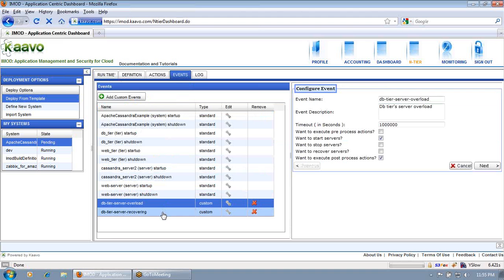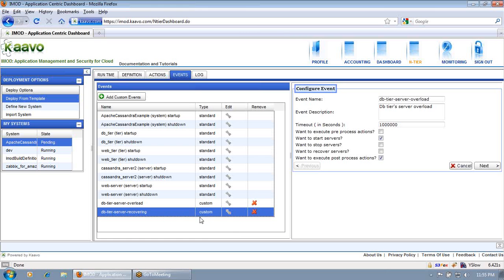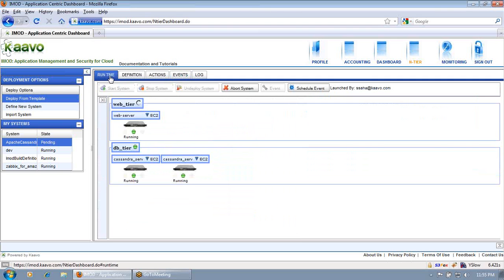Also, we have another event called DB tier server is recovering. For example, if one of the database servers is getting shut down and then you trigger this event on that shutting down server, then that server becomes recovering. So for that you need to trigger this event. I'll show you once the system is running how you can trigger these events.